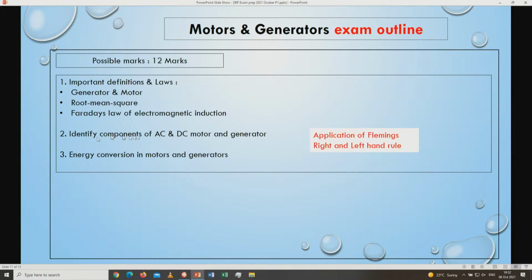Identifying the components is going to assist you in classifying whether this machine is a motor or a generator. If it's a motor, is it an AC motor or a DC motor? The easiest way of doing that is identifying the components thereof. Once you identify the components, it becomes easy, because the calculations and the reasoning follow suit. So kindly go back and look into identifying the components.